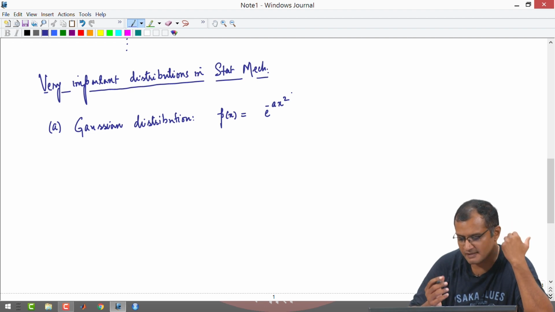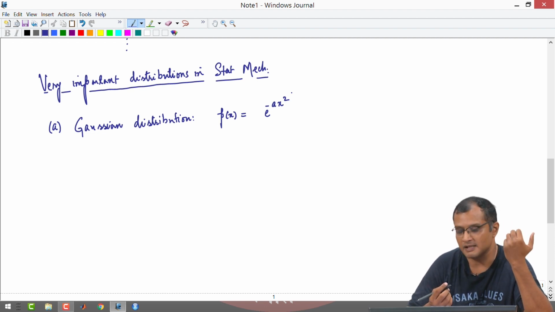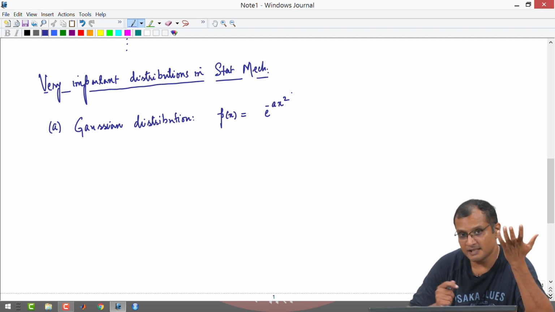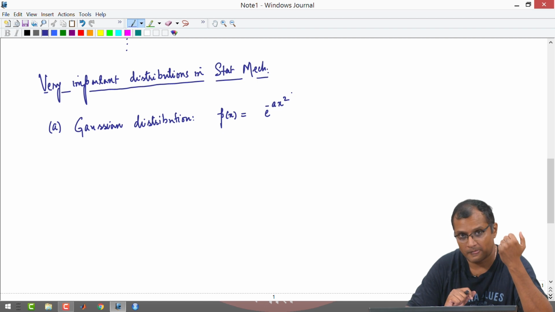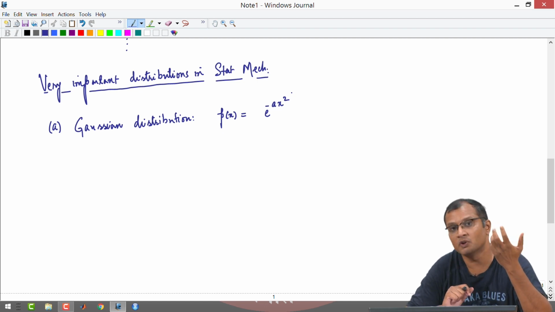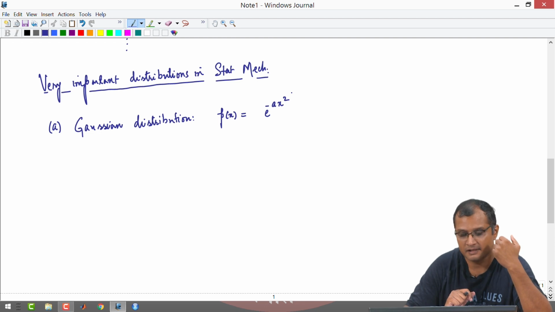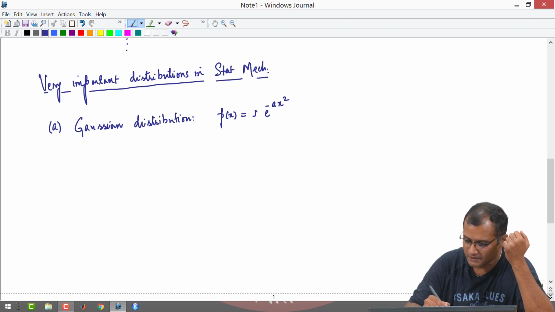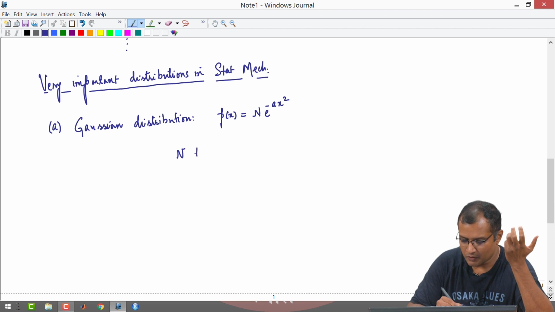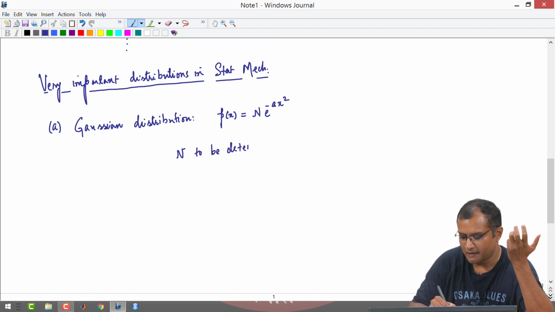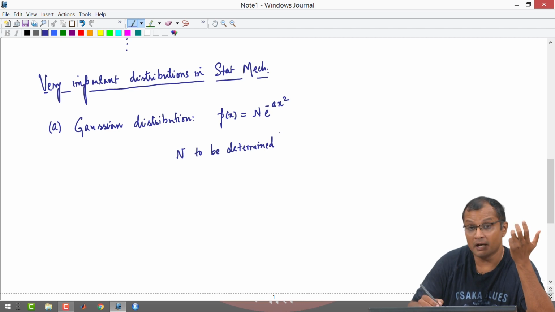But as is, I see that this distribution p of x is not normalized, okay. It is easily seen that the distribution is not normalized because the dimension of the distribution is missing. E raised to minus a x square is dimensionless, and I have told you that p of x is a probability density function. So, it must have dimensions of 1 upon x. So, let us say I attach a prefactor n here, which has the dimensions of 1 upon x. This n needs to be determined by normalization,